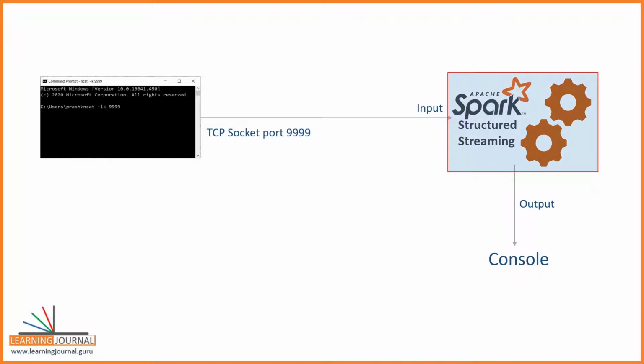On the other side, we will create a Spark structured streaming application. The application will connect to the TCP/IP port and start reading the incoming text. After reading the text, we will apply some Spark transformations to count the words and print the word count to the console. That's all. However, all of this will happen in real time. As soon as you send the data to the TCP/IP port, the Spark application will read it, count words, and print the results to the console. Make sense? Let's do it.